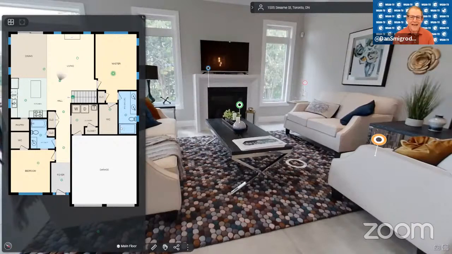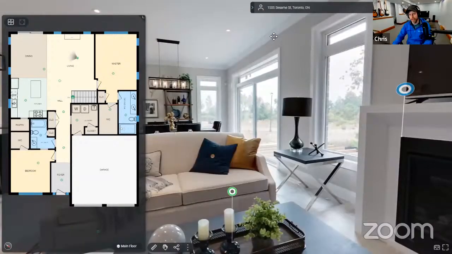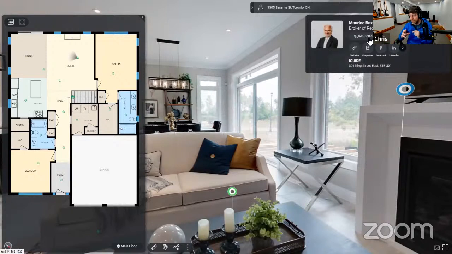Okay. And then I see the expanded property address at the top and a little icon of a person. Correct. Yeah. You have sharp eyes, Dan. So the property address is exactly what you think it is. It's the property address. But clicking on the little person allows branding information to be displayed. That branding information is almost always used for whoever ordered the tour. So that's usually, in a real estate sense, the agent.